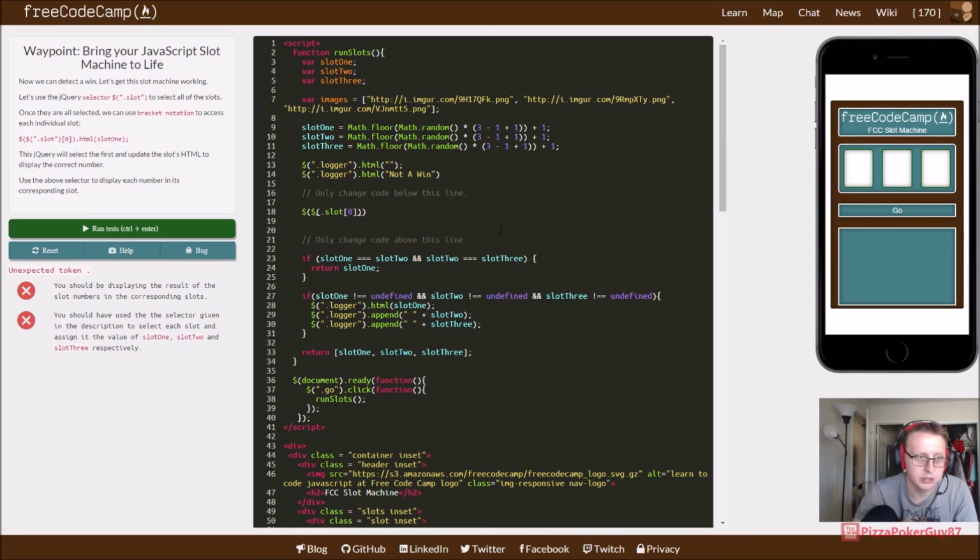we want to put HTML to, where do we want to put in there? We want to put slot 1. So now if we did that correctly, it looks like we didn't do that correctly. Dot slot. Should have used the